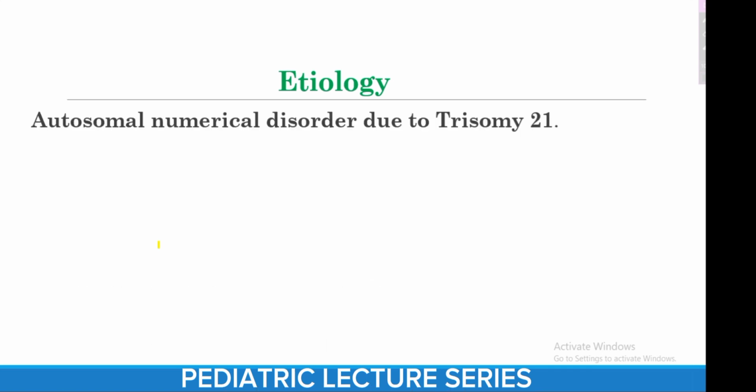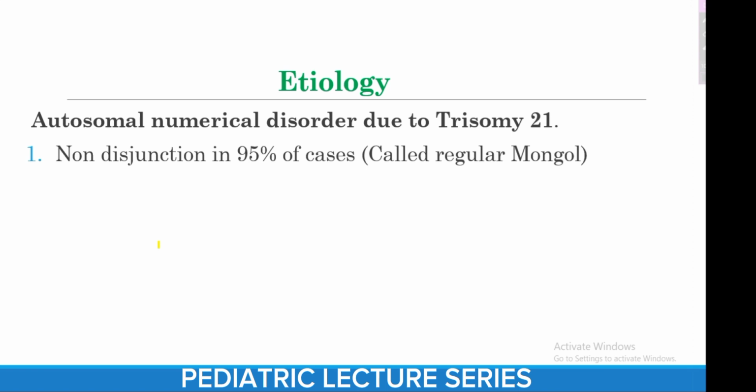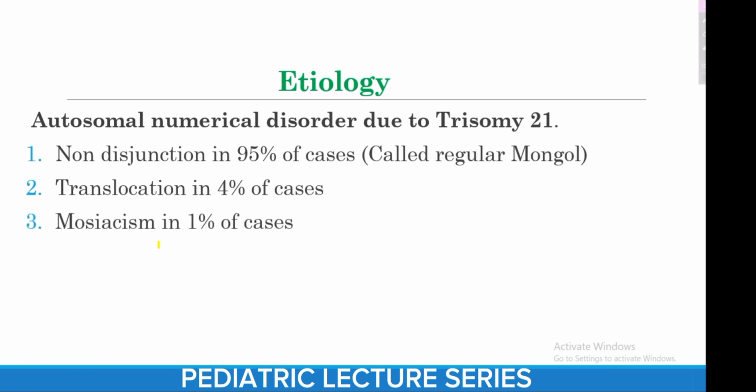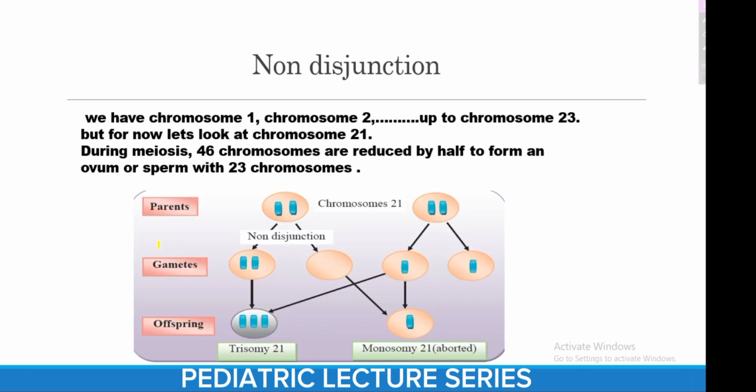What are the etiologies of Down syndrome? We have majorly three etiologies, and these also go as the types of Down syndrome. They explain how Down syndrome comes about. We have non-disjunction, which accounts for 95% of the cases, translocation, which accounts for 4% of the cases, and mosaicism in 1% of the cases. So let's look at